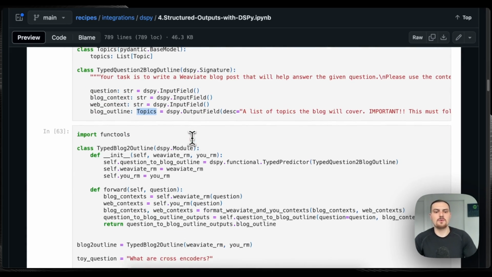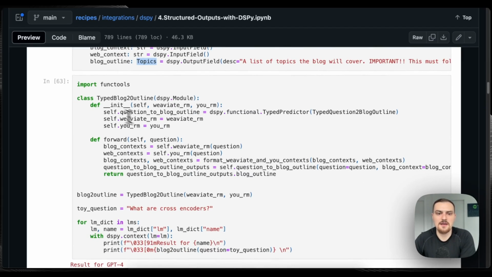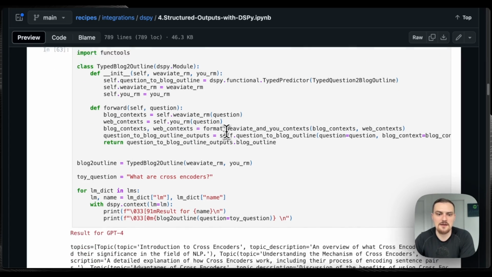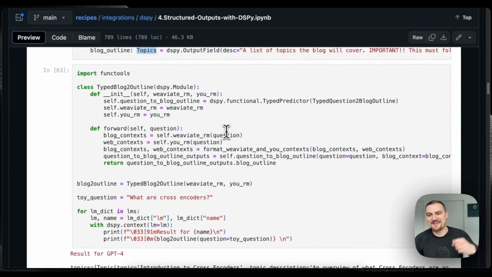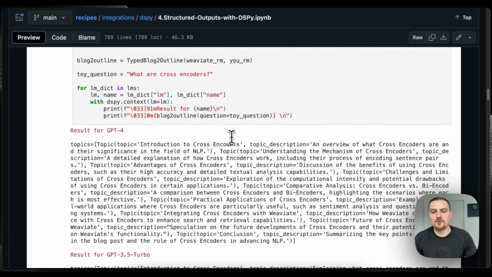Okay, so now we are going to be plugging this in by the same kind of program, just instead of DSPy.ChainOfThought or DSPy.Predict, we have functional.TypedPredictor, and then we pass in our typed question to blog outline. And now again, let's take a look at how the 4 different LLMs perform with this. So starting off with GPT-4, no problem at all. Topic equals introduction to cross-encoders, topic description an overview of what cross-encoders are and their significance in the field of